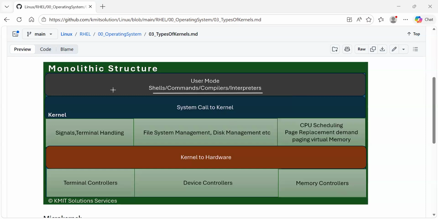All those commands are in the user mode, and these are called system calls. That system call goes to the kernel, and the kernel is a monolithic